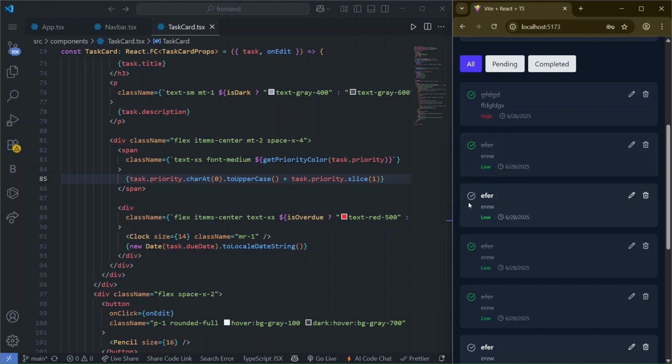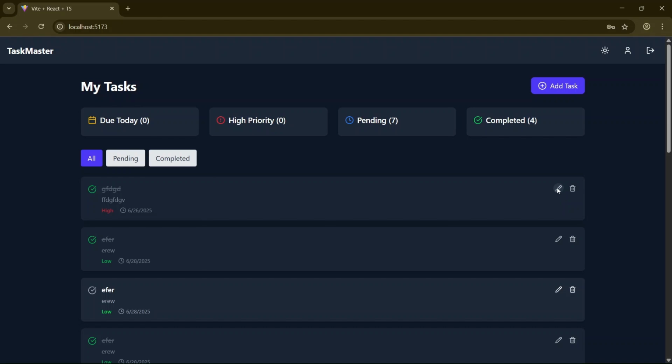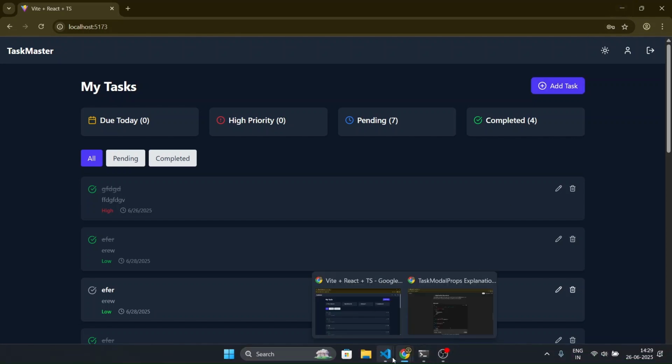So it has completed, so it is marked completed. If you want to uncomplete it, it will uncomplete. If you want to make it complete, you can complete it. Let me open the modal. It is not opening the modal, so we will fix all these things, and we will upload the source code